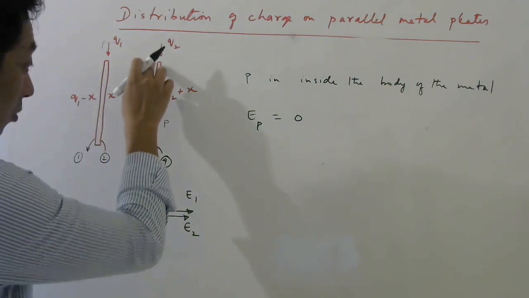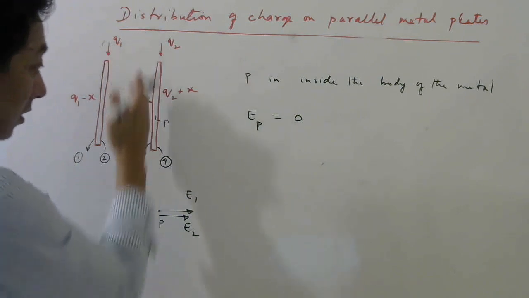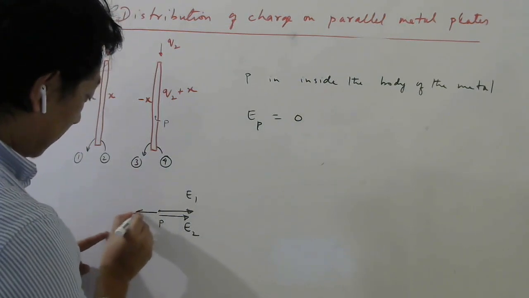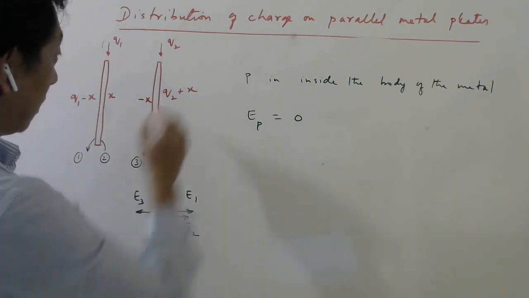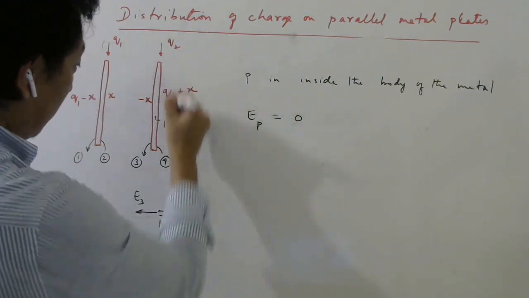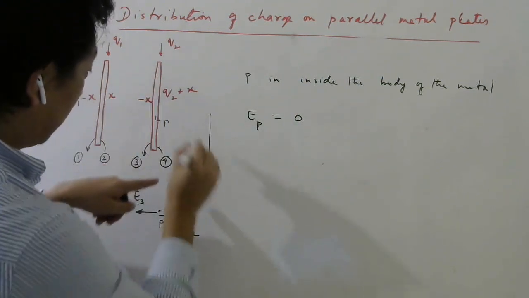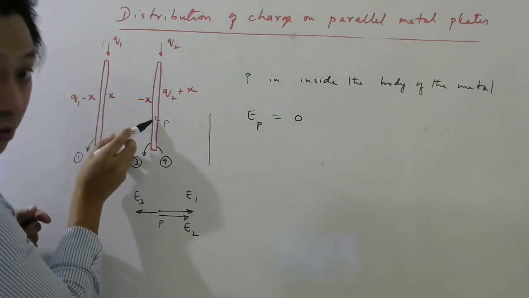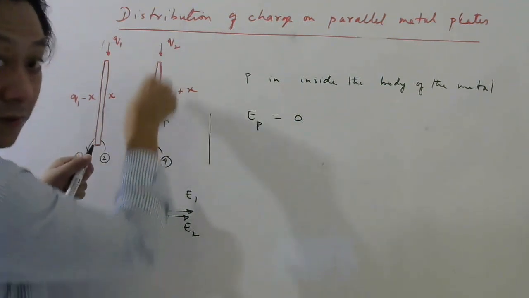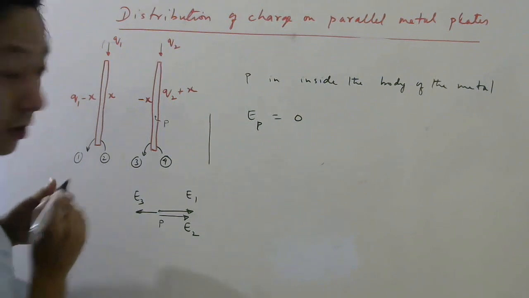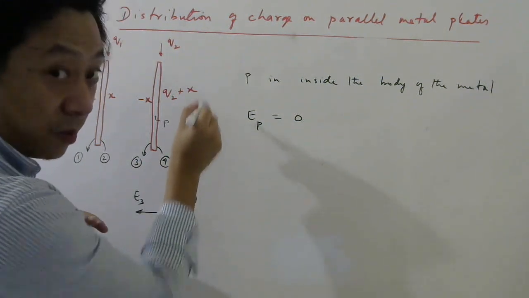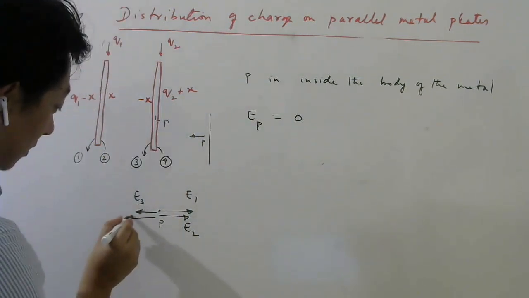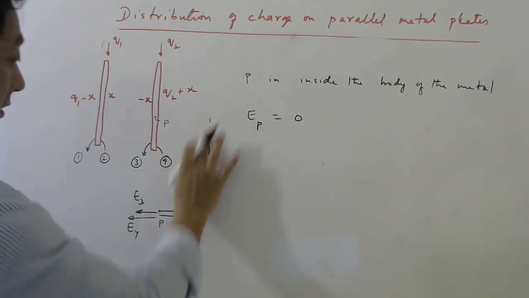Now let us see E3, the electric field due to this sheet. This sheet of charge is negative, so it will be towards the sheet. It will be like this, so that will be your E3. And this fourth sheet of charge is positive. I want to know whether P is on the left side of this sheet or not. The point P which I have chosen is on the left side of the fourth sheet. Since it is positive, the field will be away from it, so E4 will be this side. So these are the directions.